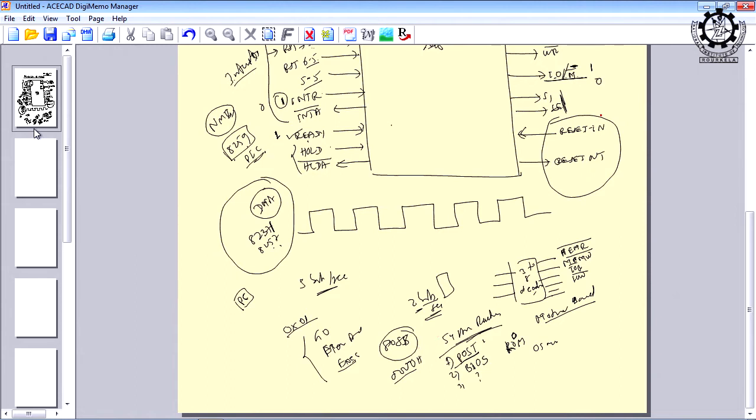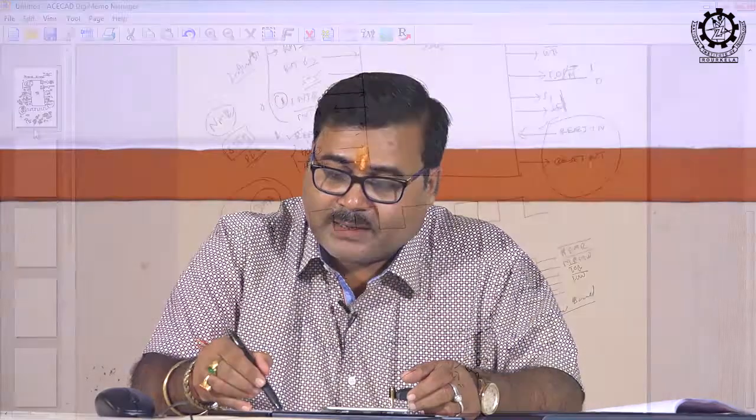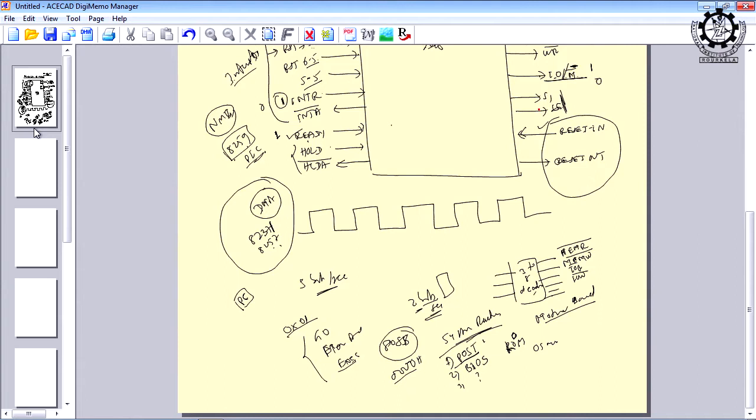So, as soon as you press the reset button of a computer system, this signal will be activated, resetting. Am I clear? The moment you press the key in the computer system, this signal will go to the microprocessor. So, its task is to reset the value of PC. Reset of value of PC means all PC values will be zeros. That means the execution will begin from the 0th location. Am I clear? Right? So, whenever the execution begins from the 0th location where the POST is stored, right.